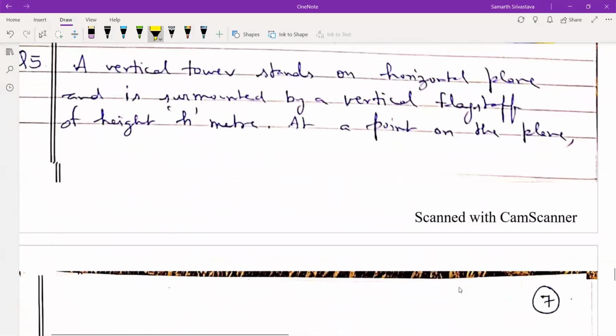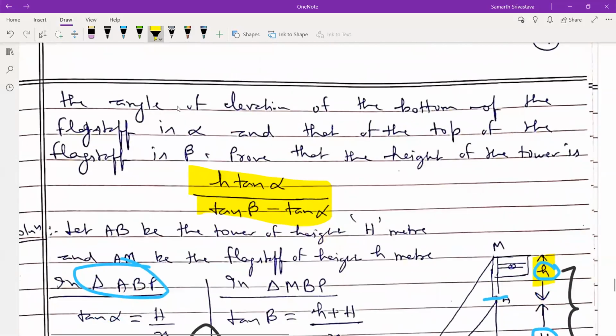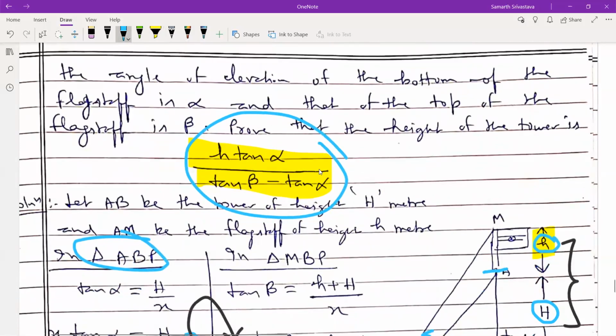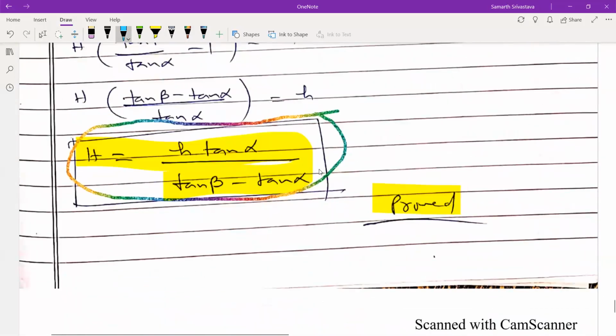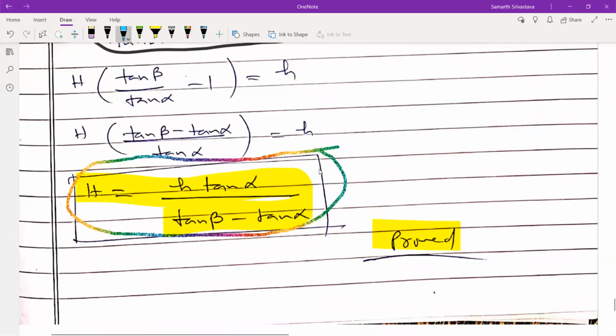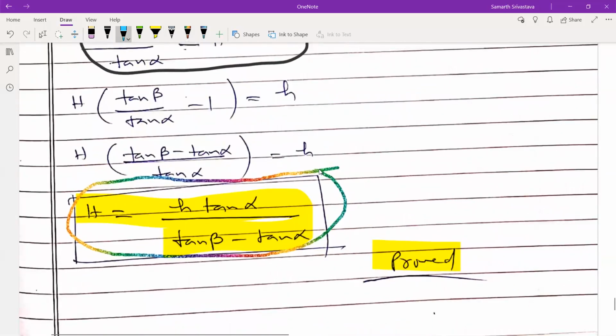So I hope that everything is clear. By these examples I have tried just to give you an idea how to proceed with the sums. If you face any difficulty, then you can WhatsApp me the sums on the class group, and I will discuss it further when I upload the next video.